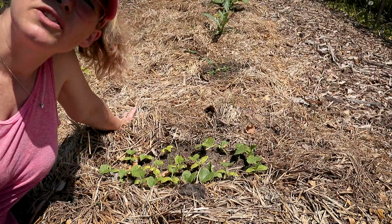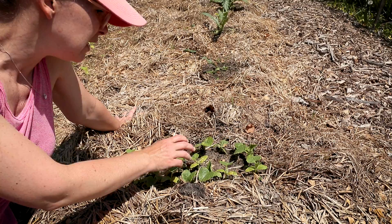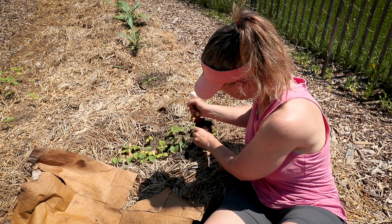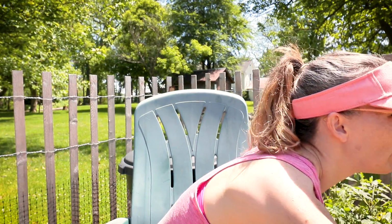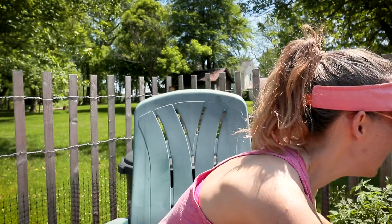Because of all of my failures with seed germination, I planted way too many cucumbers in this small space. So today I'm gonna be pulling out a lot of these that are yellowing and not doing so well, leave the good ones and transplant some somewhere else. But cucumbers are doing really well here. So you can see why I'm having a hard time really understanding. So what am I gonna do? Like I said, for the tomatoes that didn't come up well or I'm not gonna have enough time,